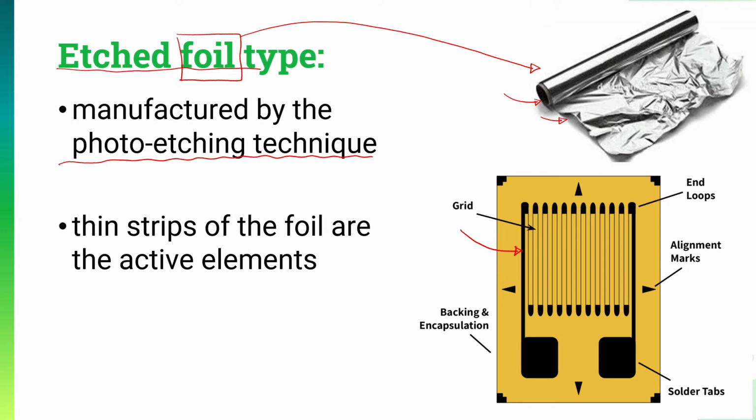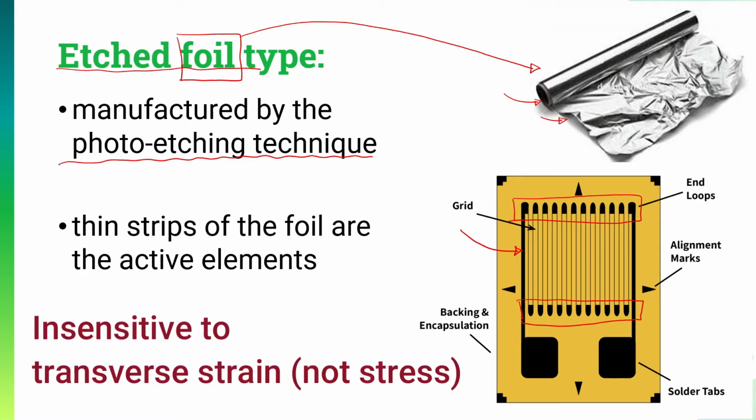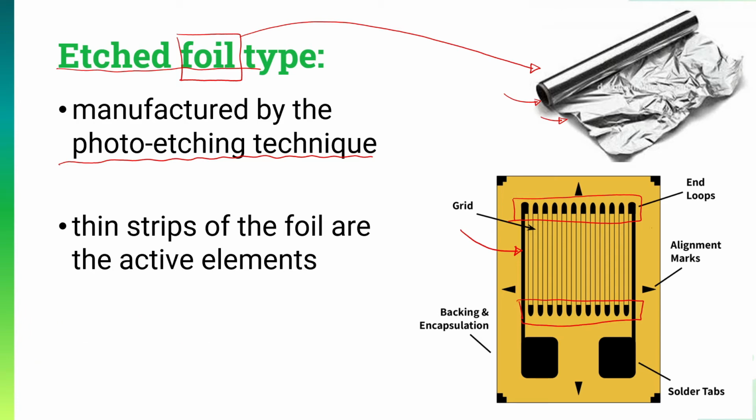Now in this case, you will be able to observe that very firstly over here, this is a larger area when it comes to the U-turn. In this case also, we are having a larger area when it comes to the U-turn. So it will be very insensitive to the transverse strains. So it is going to measure the strain in only one direction.